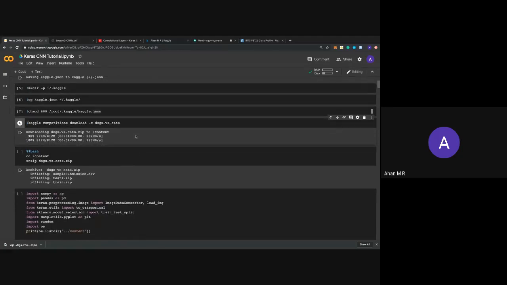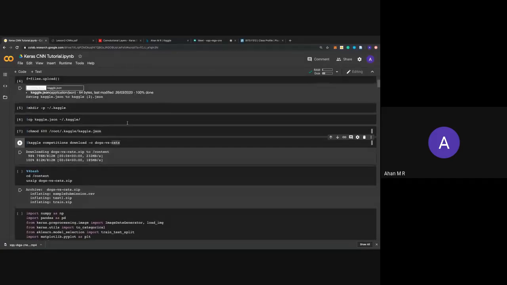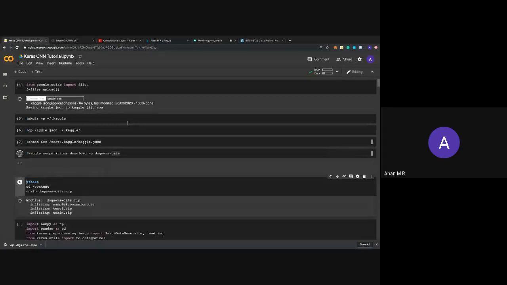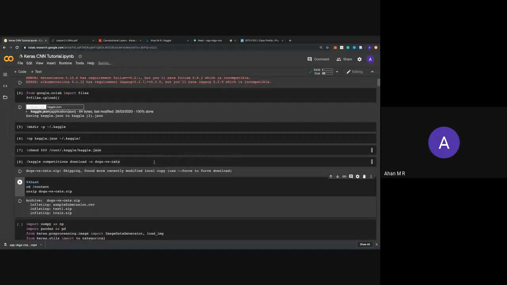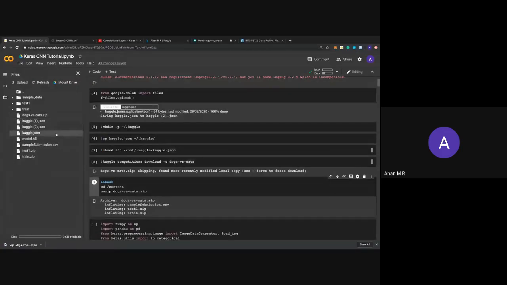Today we'll be doing a binary classification problem, that is a simple cat and dog classifier based on the images. You see that the data is nearly 800 MB, so it's always preferable to use this method to get the data onto your Colab. For you, you'll get a few steps as the download process happens. I already have a copy, because of which I don't have to do it. You'll have a file called dogs versus cats.zip, which is nearly 800 MB, downloaded onto your Colab.